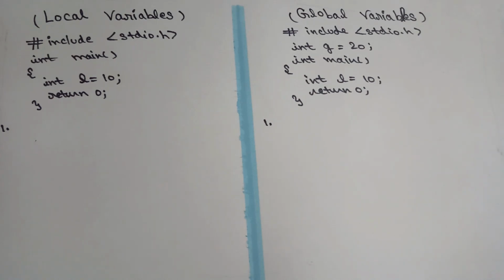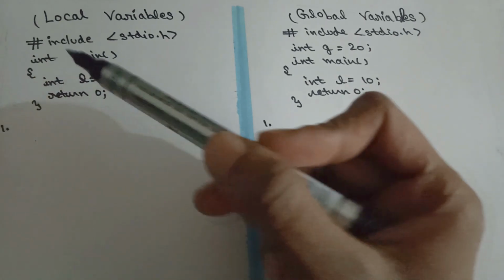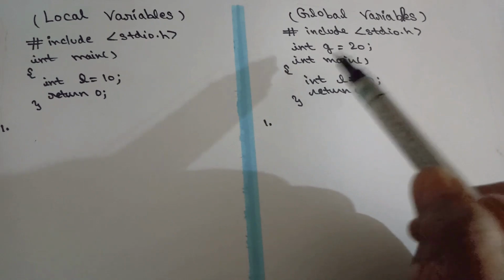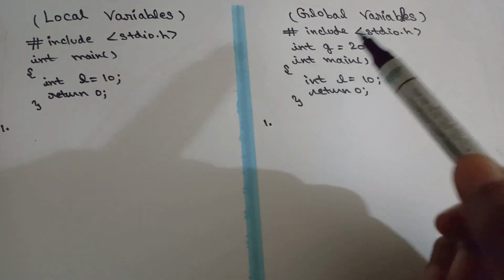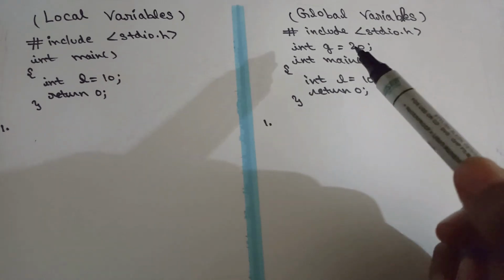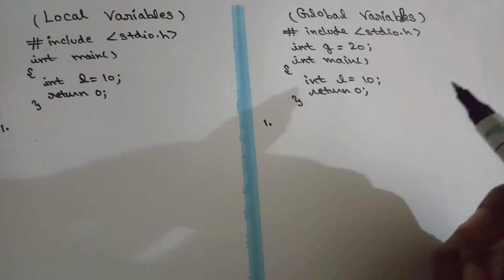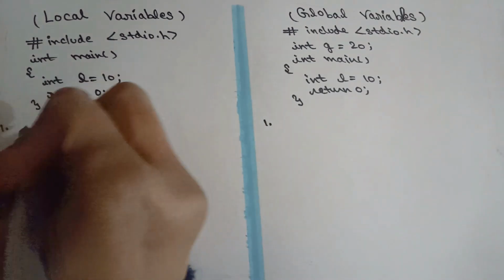So today we'll be studying local variables and global variables. So I've written an example here. You can see, as this variable is declared inside the main function, it is a local variable, whereas in this example, this g that is declared outside all the functions, outside all the scope, all the blocks of functions, is a global variable. So first point that differentiates between a local variable and a global variable is, a local variable